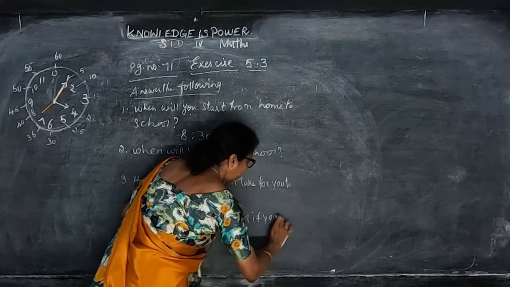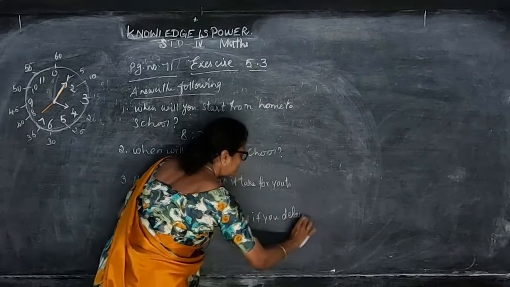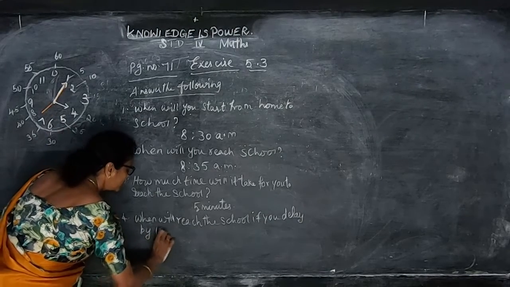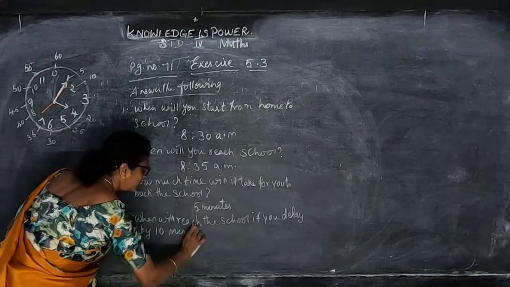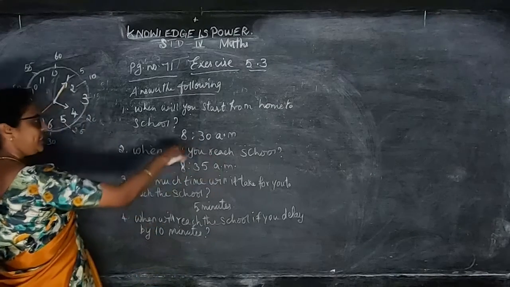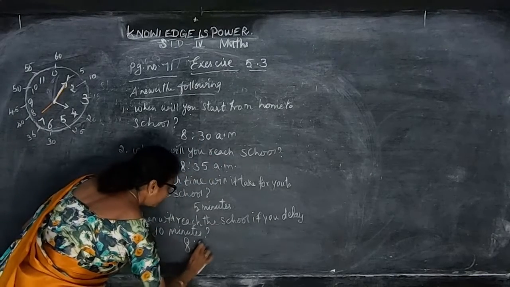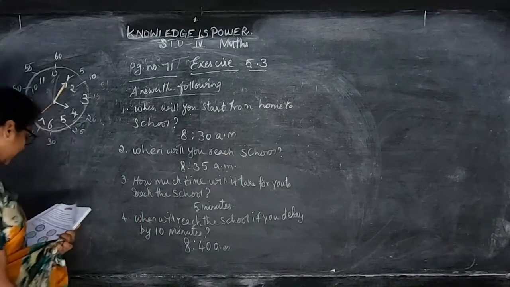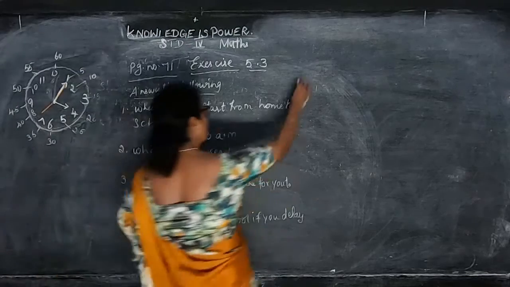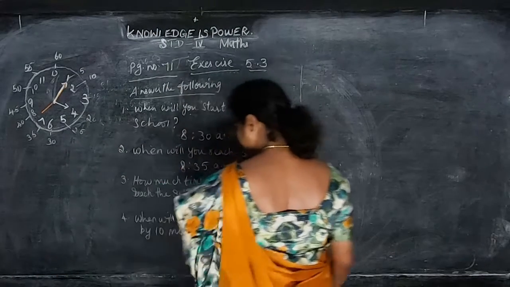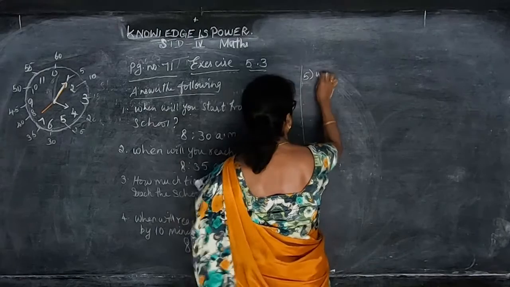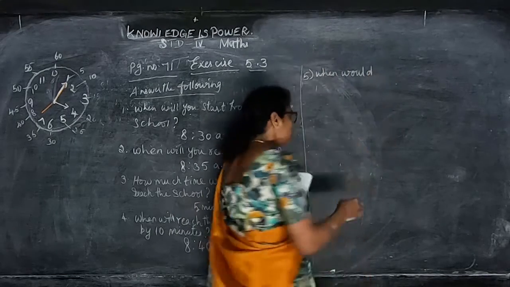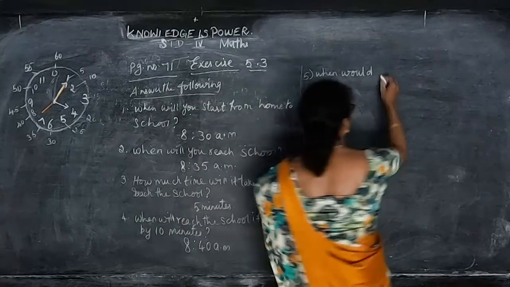If you delay 10 minutes by 10 minutes. So நீங்கள் 8:30 கிளம்புறீங்கன்னா, suppose if it gets delayed, so on the 8:30 plus 10 you will get அந்த minutesல 8:40. 30 ஓட 10 add பண்ணிங்கன்னா 8:40. When will you reach the school if you reached only by 5 minutes? When would you reach the school? Suppose if you are coming to the school before 5 minutes, okay, when would you reach?